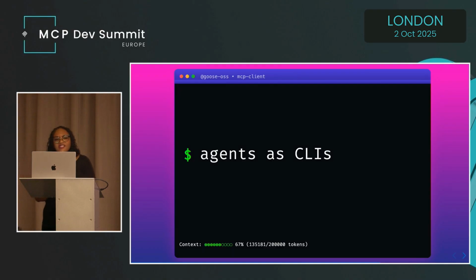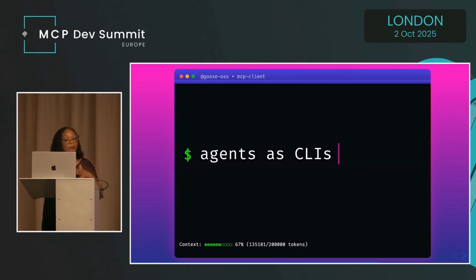Now, I often say that this is the year of the terminal. Goose normalized the idea of agents being used as CLIs. And this broadened the mental model of what an agent can be. It proved that agents can do more than just code. They don't have to be boxed inside of your IDE.